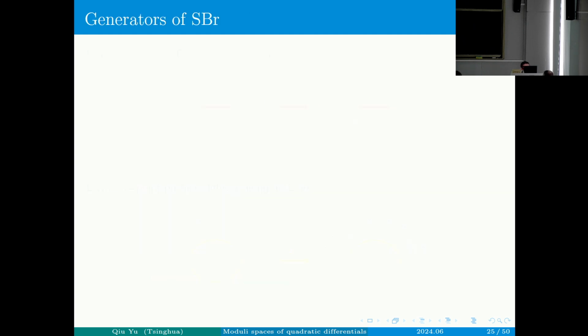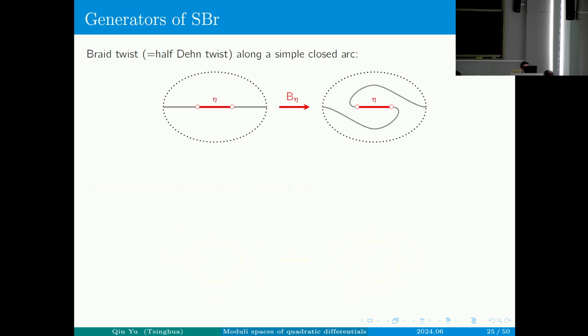And another thing is: what are the generators of the surface braid group? There are just two types. The first is that if you take a path connecting two decorations, you take a neighborhood, which is a disk, then you can do this twist known as the braid twist along this arc. If you take the branched double cover of this disk, branching at these two decorations, you get an